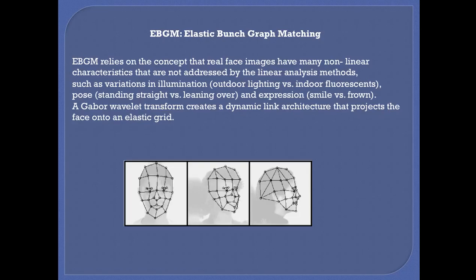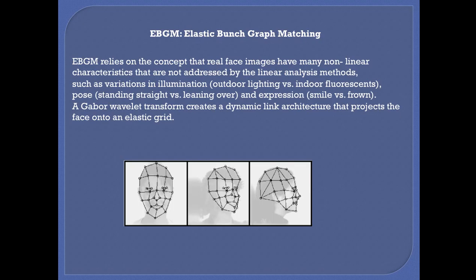And as we can see in the image below, it would try to pinpoint more on a grid-like structure, taking in all those other non-linear characteristics. And those are basically the three main